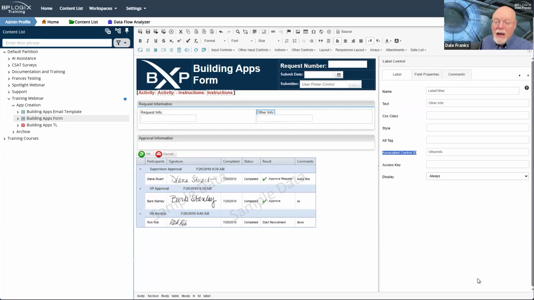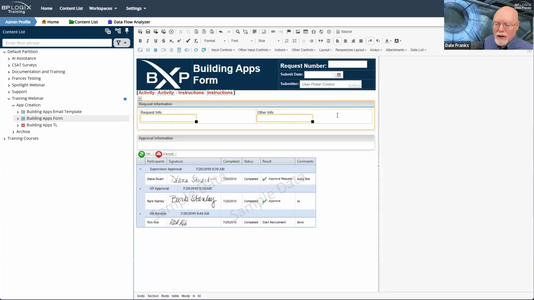You need to have labels for all of your fields. If you are going to place your controls in a table for layout purposes, again, fine, but you do need to ensure that your label and control always go into the same cell. Again, it goes back to screen readers. They get confused if they have a label in one cell and a control in the other cell.